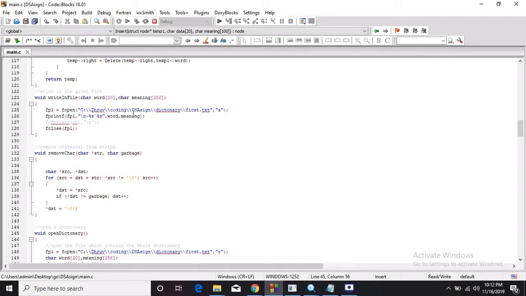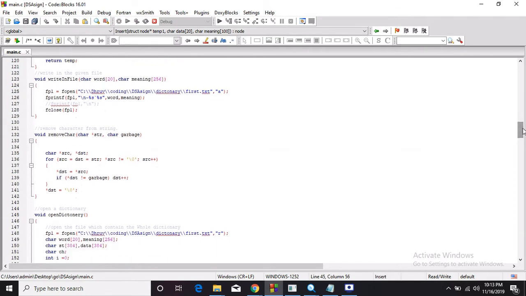The main use of it is that even after the program is closed, the elements which we have inserted using this insert function remain safe and can be used later on.